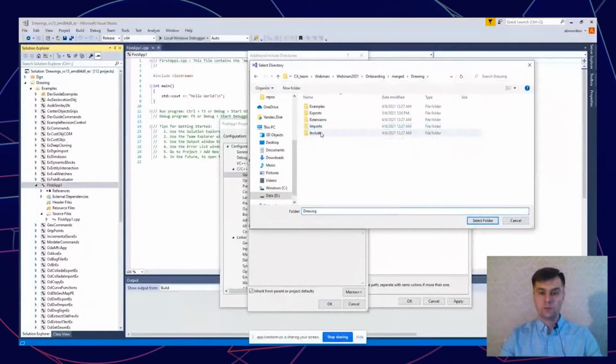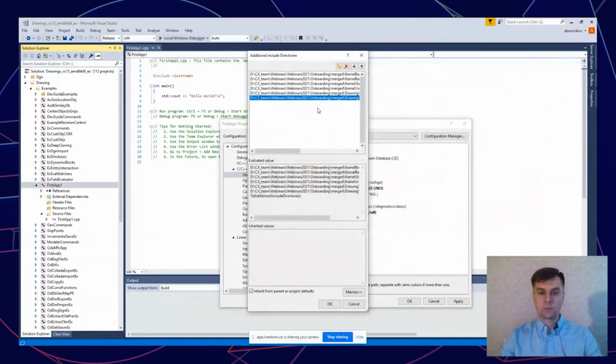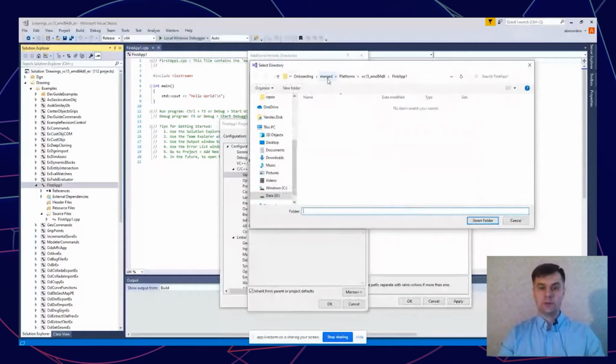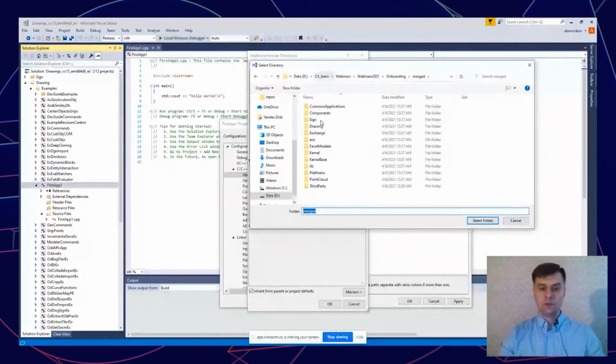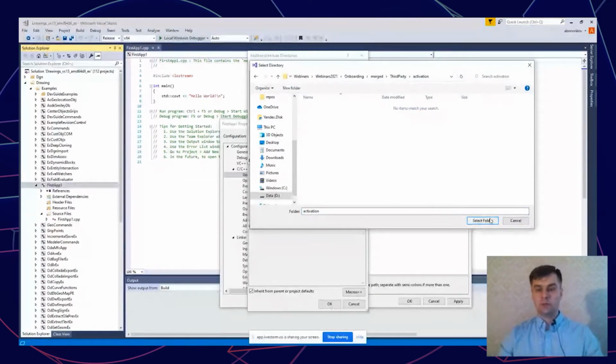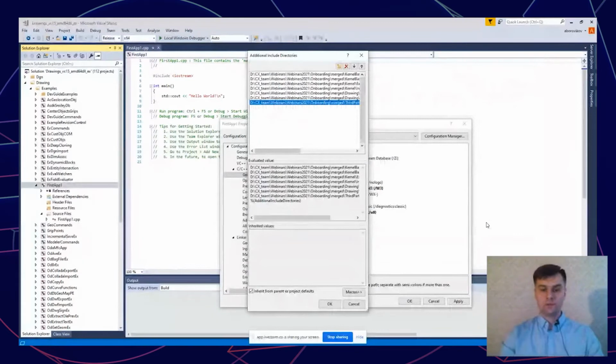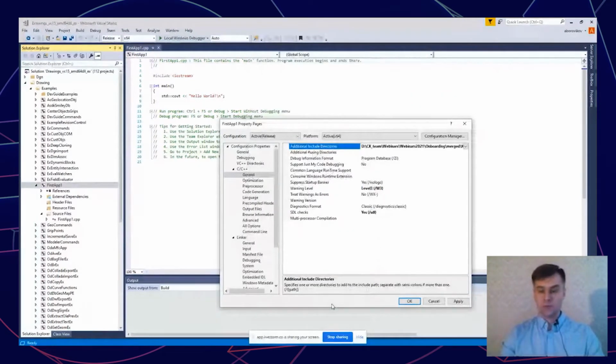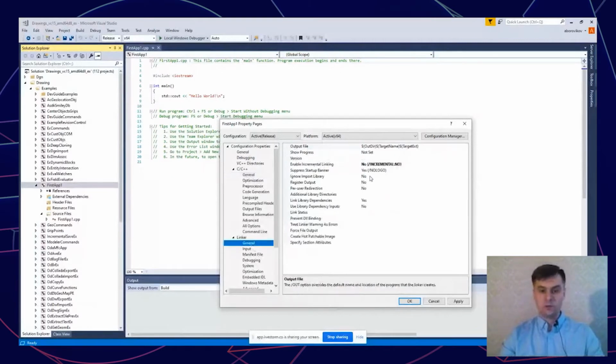And include. And now we will add one more folder that is also necessary, but I will provide information about this folder a bit later, before we build the application. The next item, we switch to linker options,